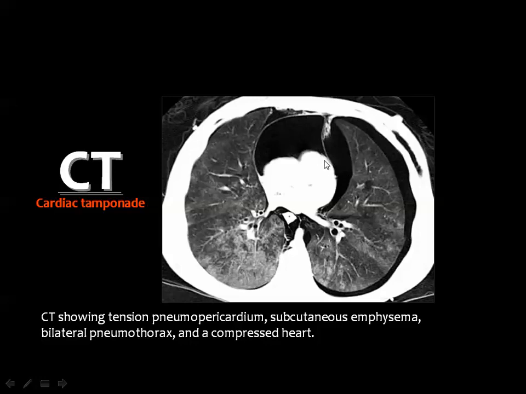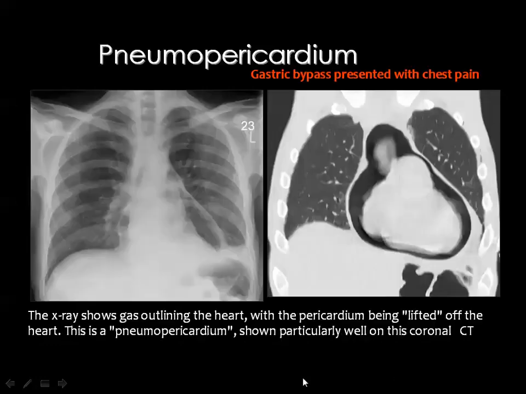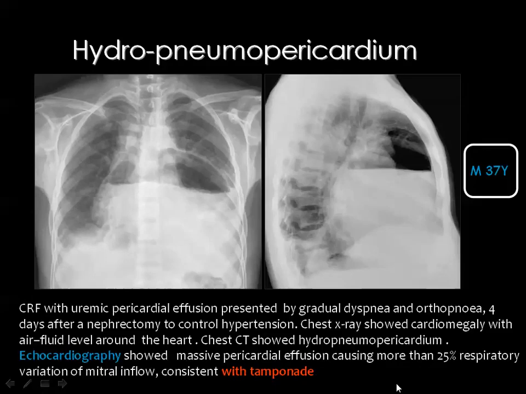You may also be able to notice the presence of bilateral pneumothorax. And this is another case of pneumopericardium. Remember that air cannot extend beyond the level of the aorta in cases of pneumopericardium. And in cases of pneumomediastinum, you can see air tracking in the neck, and also you can see the continuous diaphragm sign. This is what is known as hydropneumopericardium, which is almost similar to hydropneumothorax, and you got massive pericardial collection